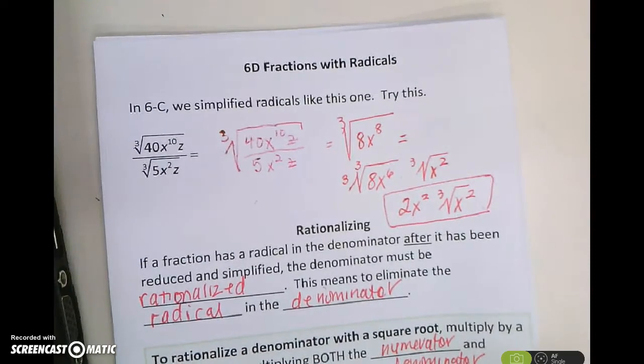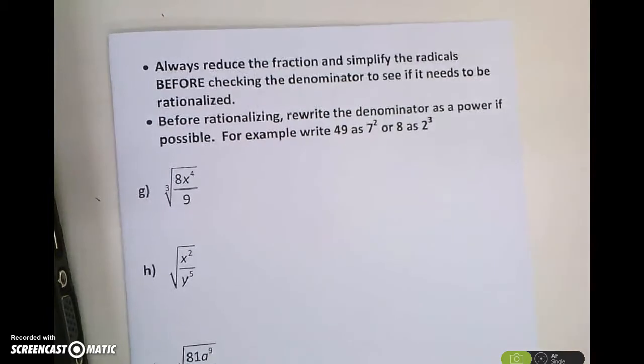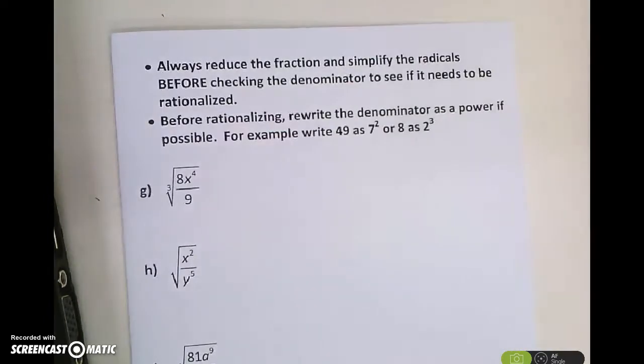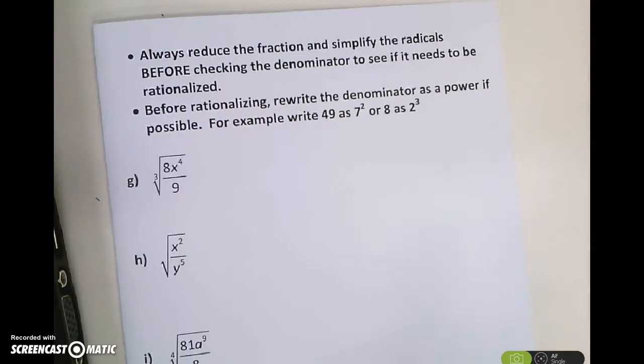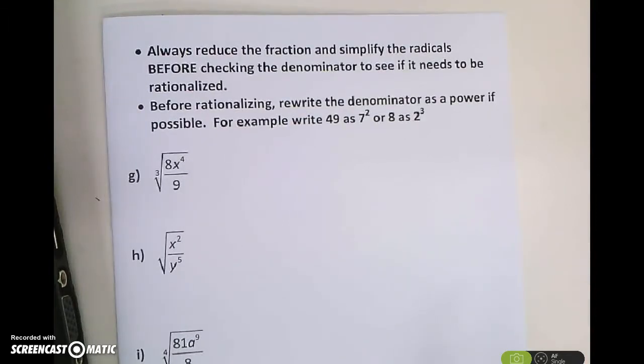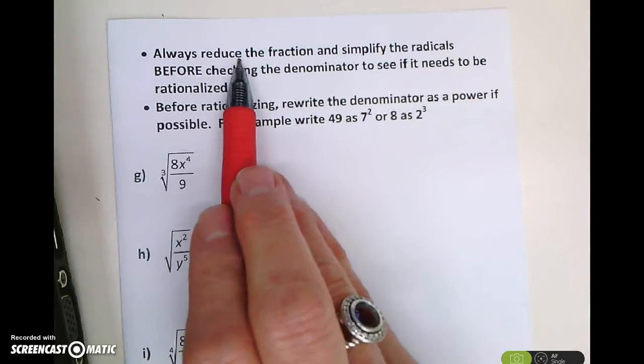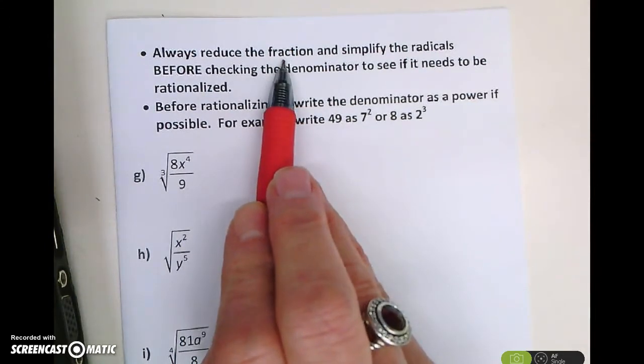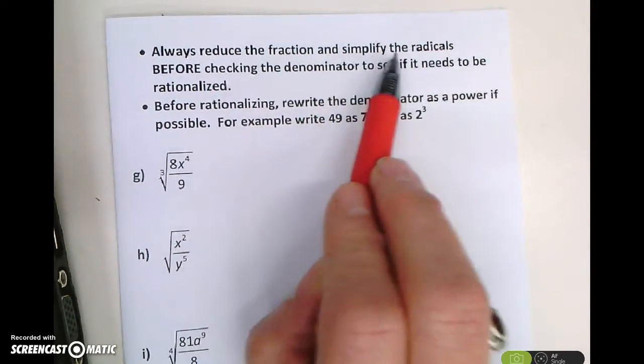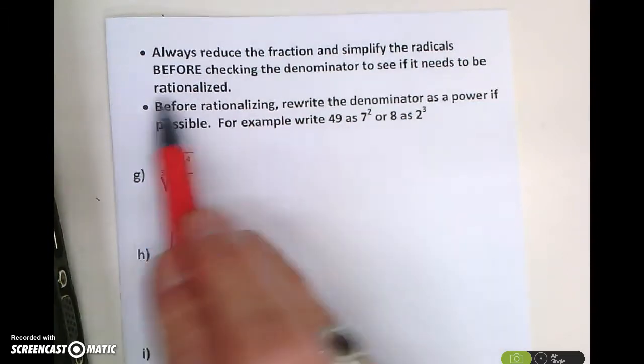So this will be the third video for our 6D fractions with radicals. And we'll begin here with these examples. So these get a little more complicated. And here's some instructions. We want to always reduce the fraction if possible and simplify the radicals again if possible